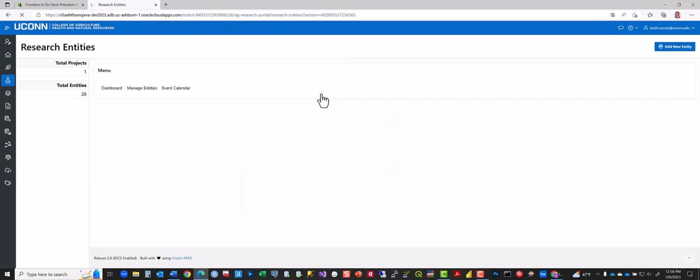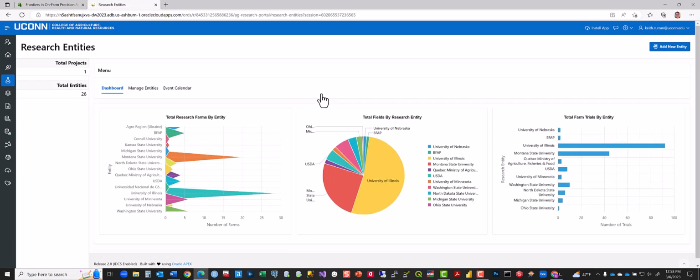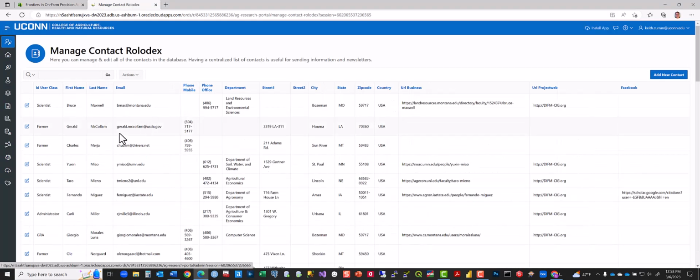For research entities, we're presented with another set of graphs: total research farms by entity, total fields by research entity, and total farm trials by entity. We have an administrative page. Here you can manage a central point for all contacts in the project. You can manage contacts and use this as your Rolodex to reach out to people. You can sort, group, search for,